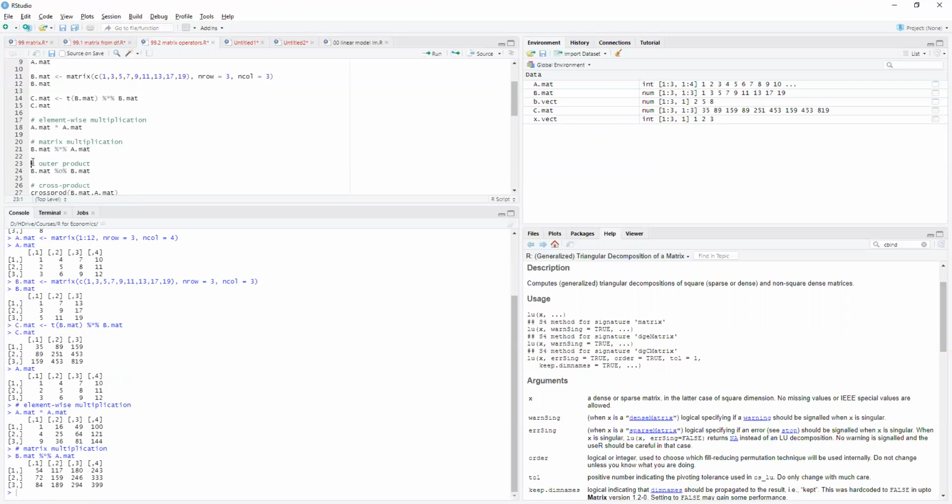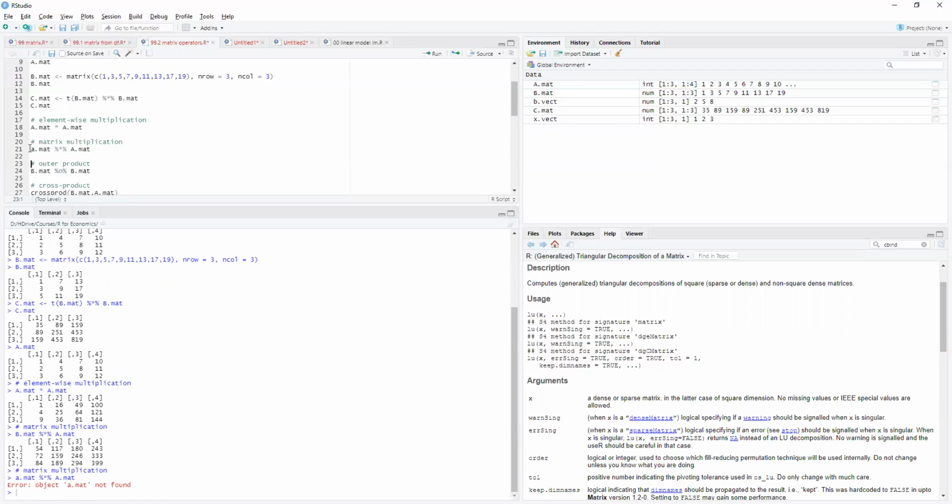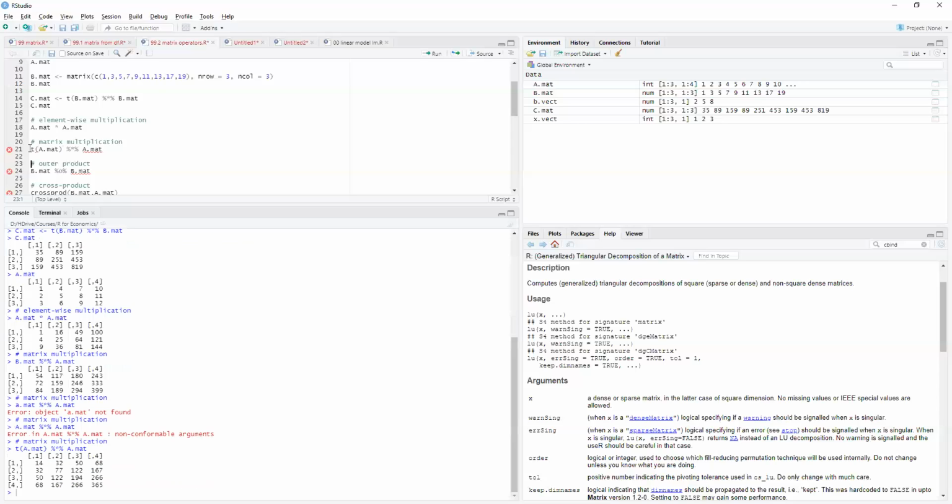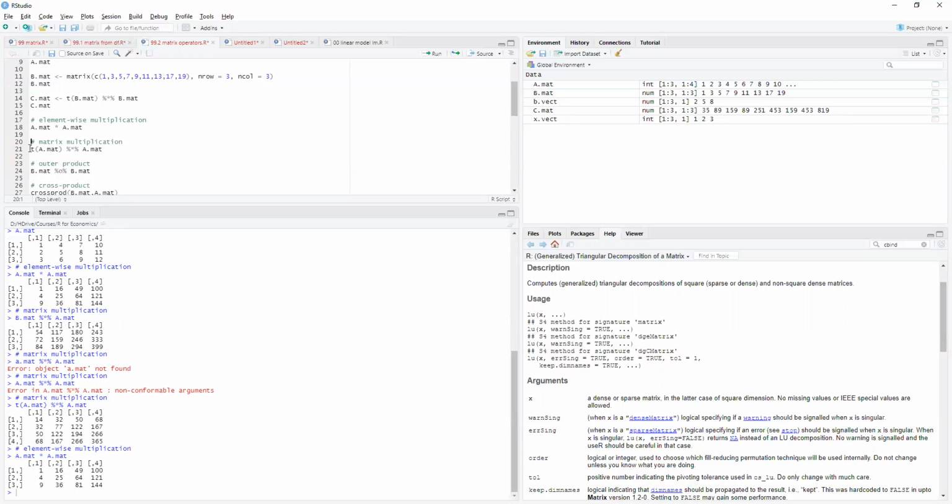Even if we did A times A, that should be an uppercase A, they're not conformable, so we'd actually have to do transpose. And this is the important part. Note that it gives you a different value than what you got here. Okay, because it needs to be transposed, they need to be the same dimensions. Notice that this is 3 by 4. So you have to be careful when you're